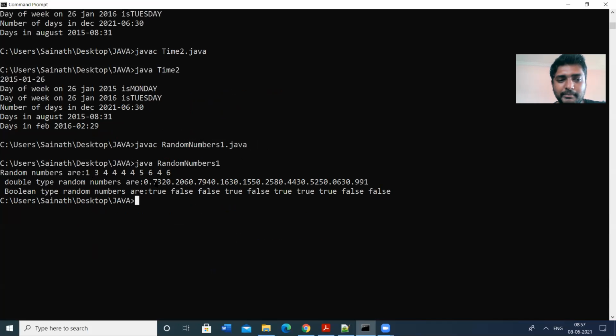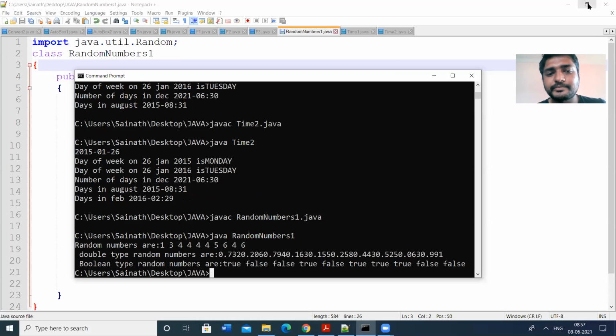Next, double type random numbers 0.732, 0.206. After the point only 3 digits are displayed. Next, Boolean type: true, false, false, true. Boolean means either true or false. So this is a proper program to illustrate the random numbers.